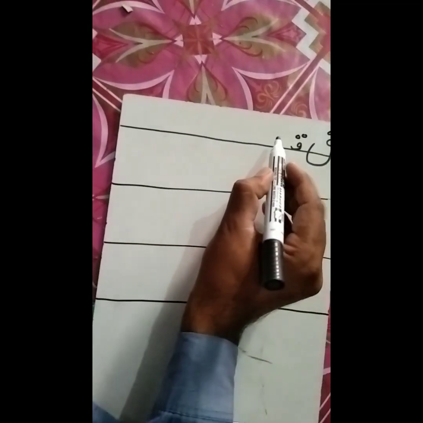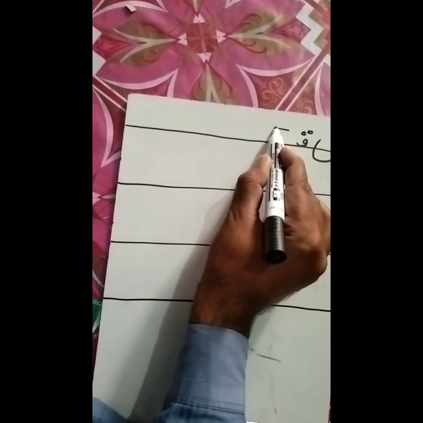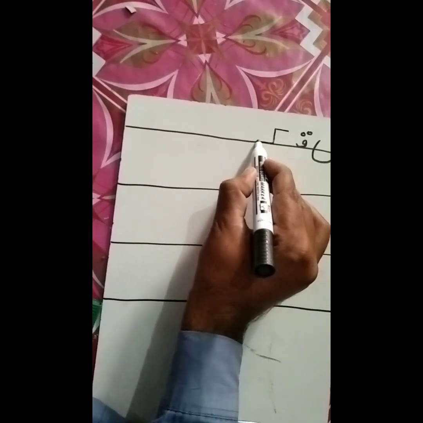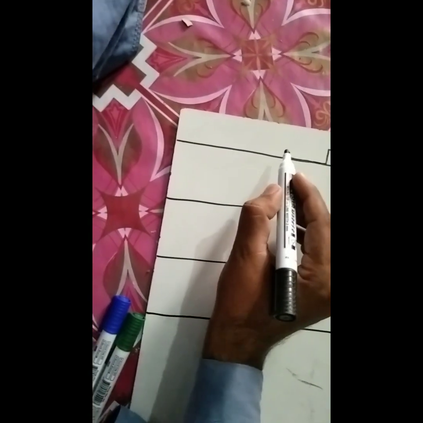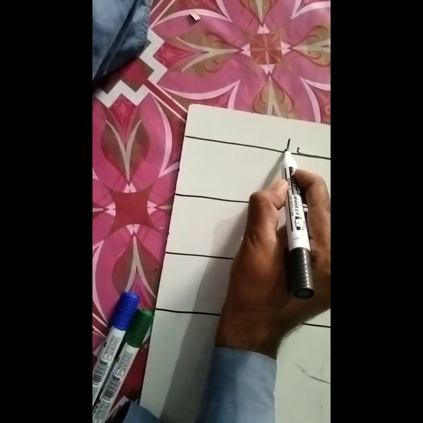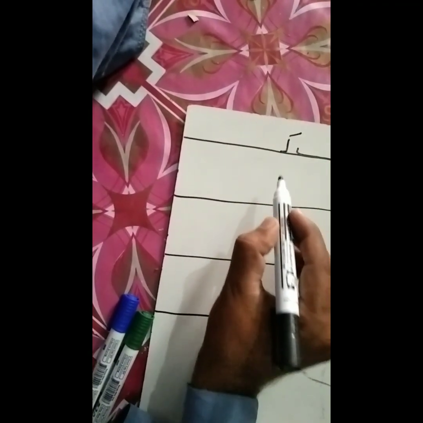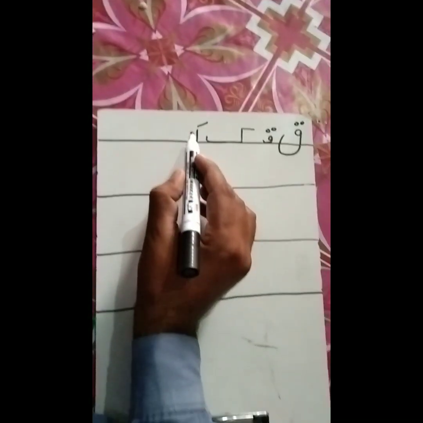Qaf. After that, the second Kaf: sleeping line, then standing line, then sleeping line and a little sleeping line. The half shape of Kaf has two forms. One is like this, and another half shape is